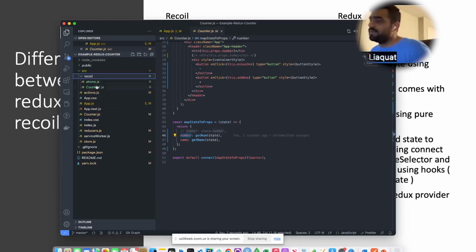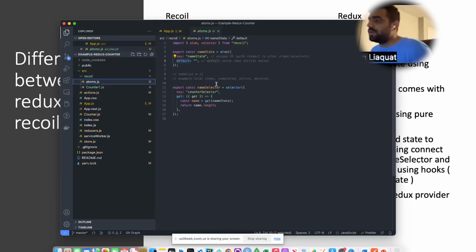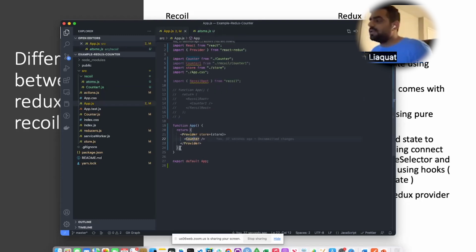But as compared to Recoil, you have selector built into the Recoil library. So what it does is it takes the key, which is unique, and a get function from which you can get the state of an atom, and then you can derive a new value from your selector. To better understand,